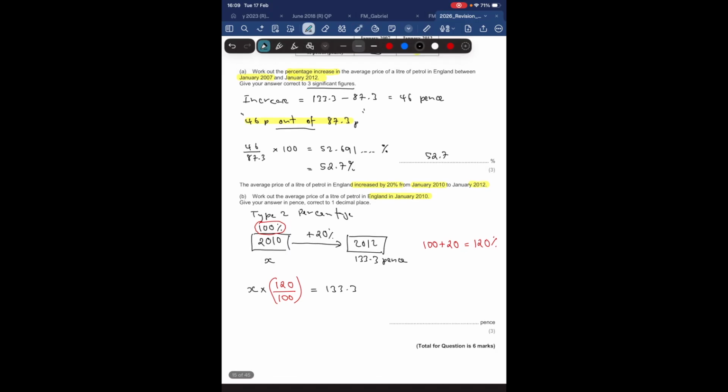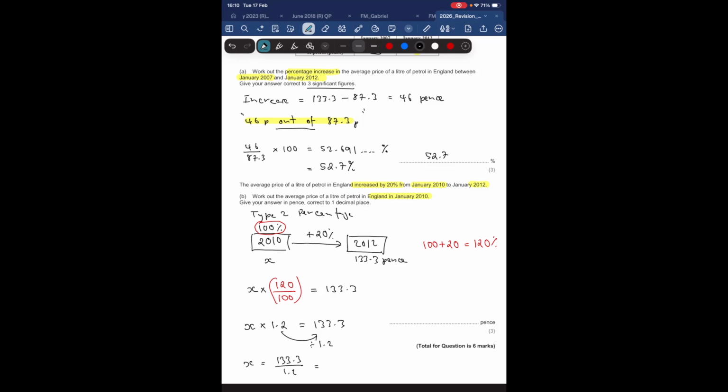So I'm going to do it step by step. X times, well, 120 divided by 100 is just going to give me 1.2. So X times 1.2 must be equal to 133.3. I can then solve that equation. I can bring the 1.2 over. So remember, this is a multiply by 1.2. When it goes over, the opposite of multiply is divide. So to get X, which is the price in 2010, I'm going to take the 133.3 and I'm going to divide it by 1.2. And if I work that out,